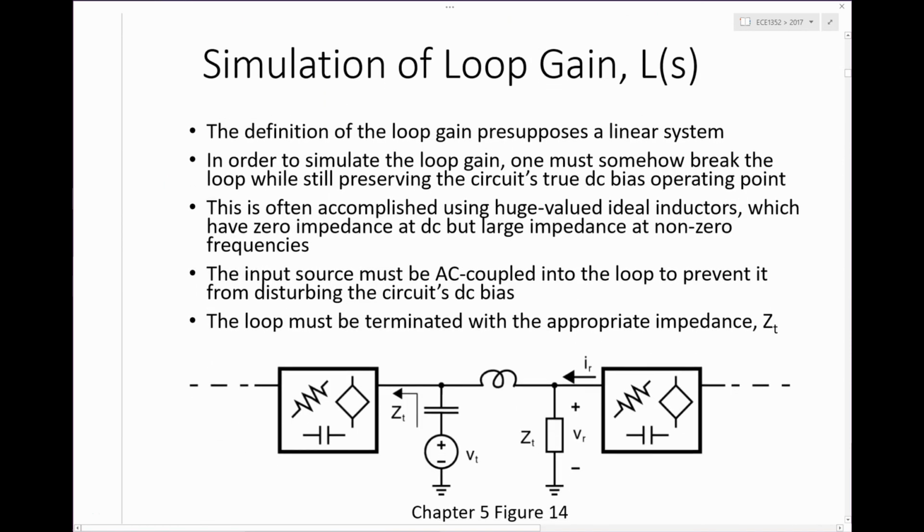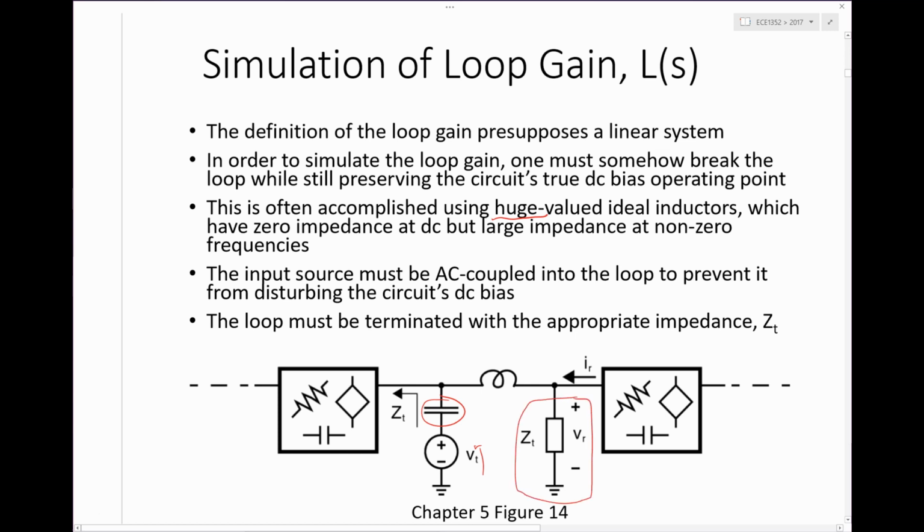Okay, so here's the picture that summarizes all that. The definition of the loop gain presupposes a linear system. So if we're going to simulate the loop, we've got to break the loop while still preserving the circuit's actual DC operating point. A lot of people use huge valued ideal inductors to do that. And don't forget, you also need the large AC coupling capacitor here to introduce the input without disturbing the operating point. When you terminate the loop over here,